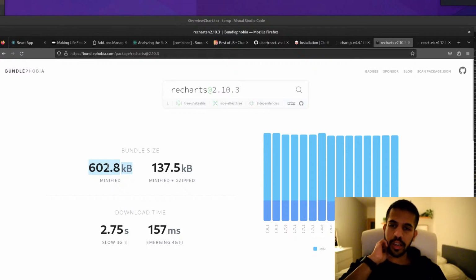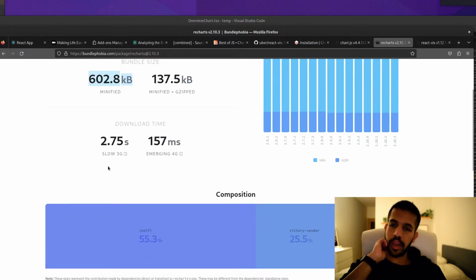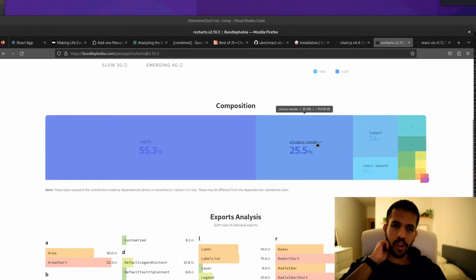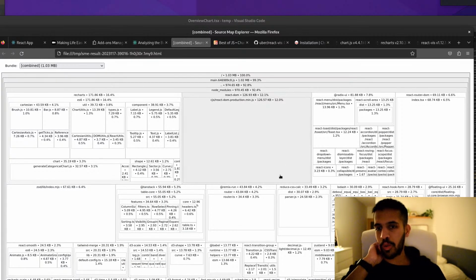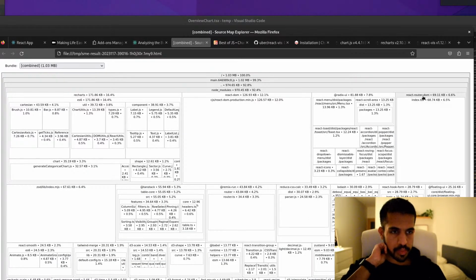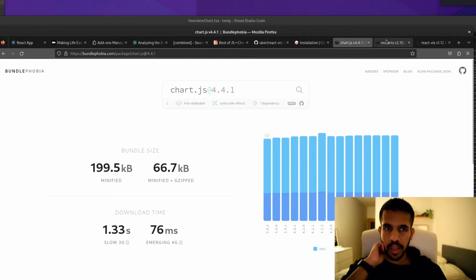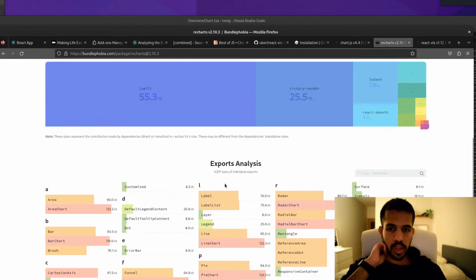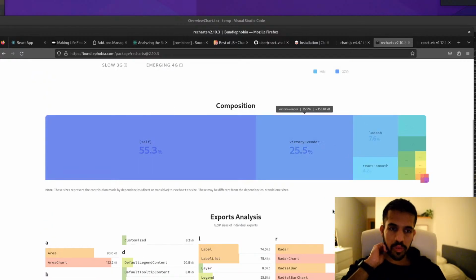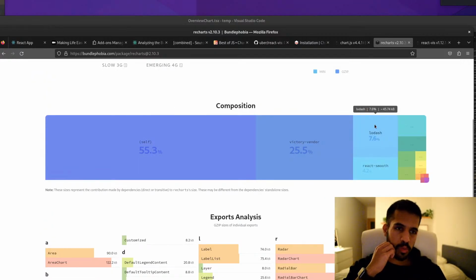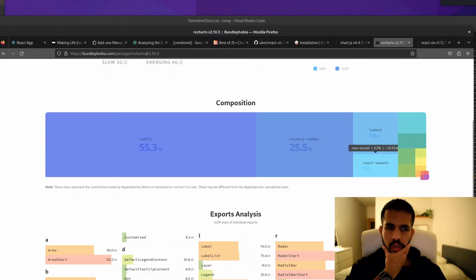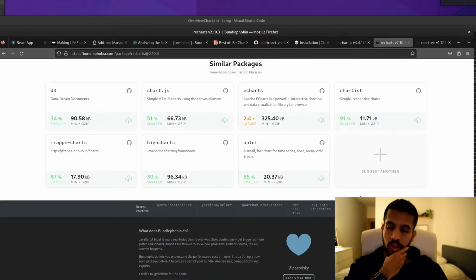Definitely significant. This is extraordinarily big. A lot of it comes from this Victory vendor, which is also what I saw in our own. It's not shown here, but most of it comes from Victory vendor. Another part comes from Lodash, and this seems to be all of Lodash as well. It's not even just a portion of Lodash, it's a huge part of it. So yeah, not so nice.